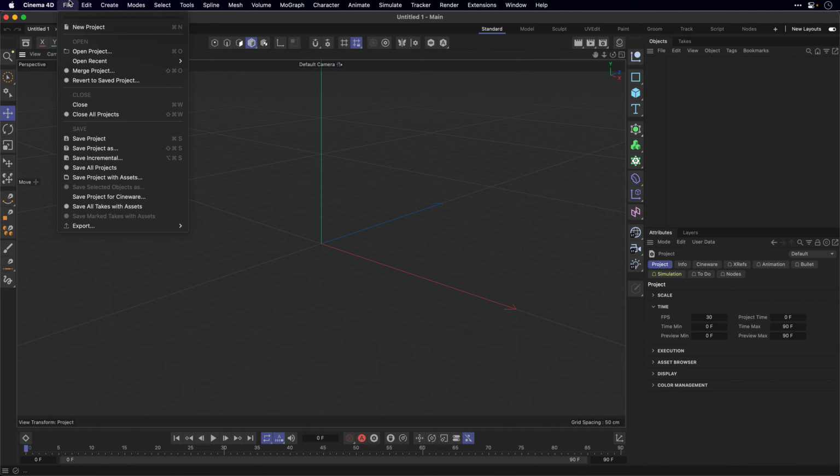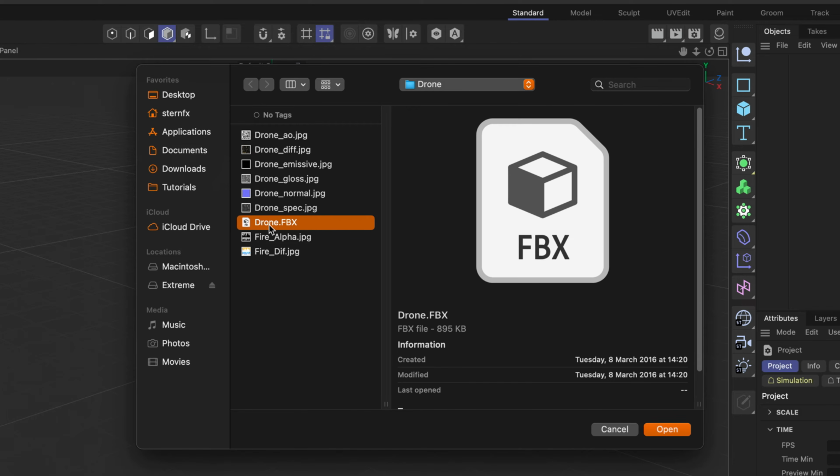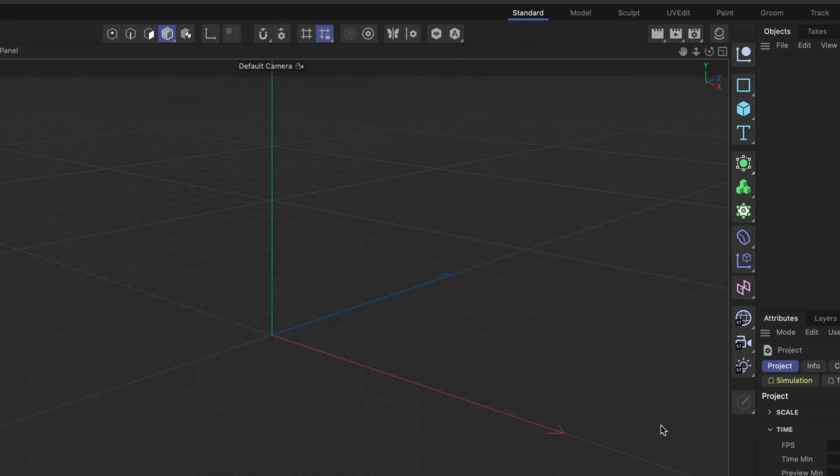Now I'm going to use Cinema 4D, which is my 3D weapon of choice, but everything that I'm showing to you can be achieved using Blender, which is a free 3D application. So whatever works for you, you are more than welcome to follow along with me if you have access to Cinema 4D. So inside Cinema, I'll go to File, Open, and navigate to where I have this drone.fbx, click Open,